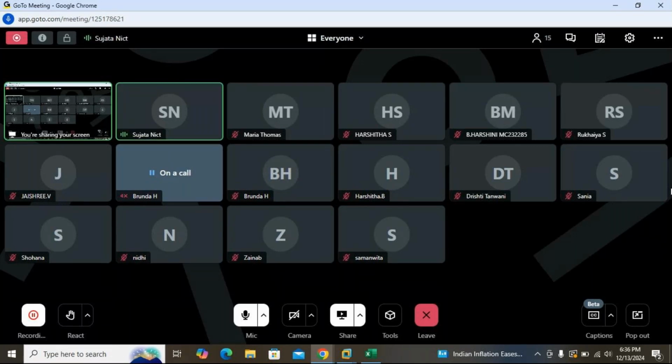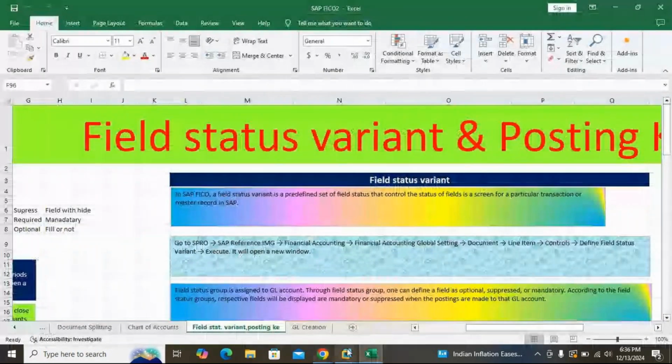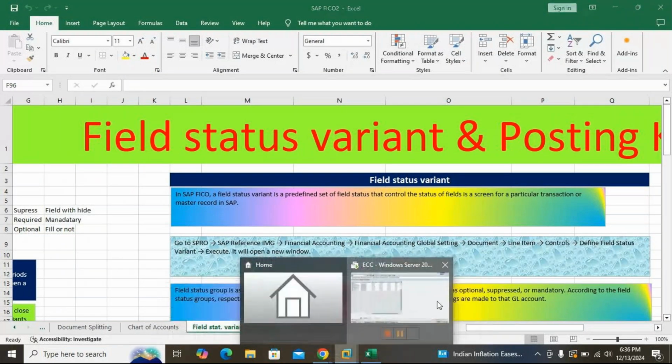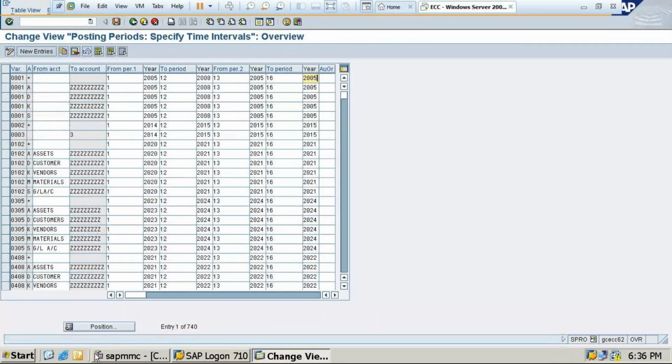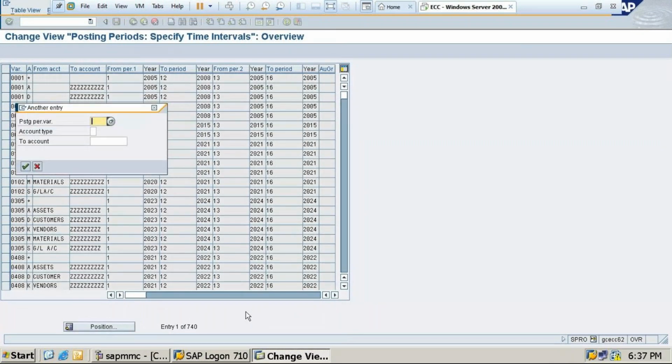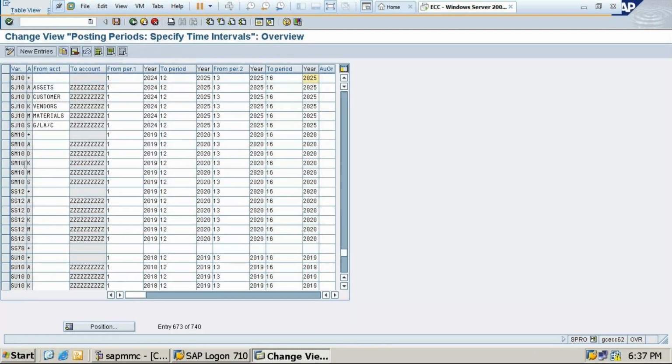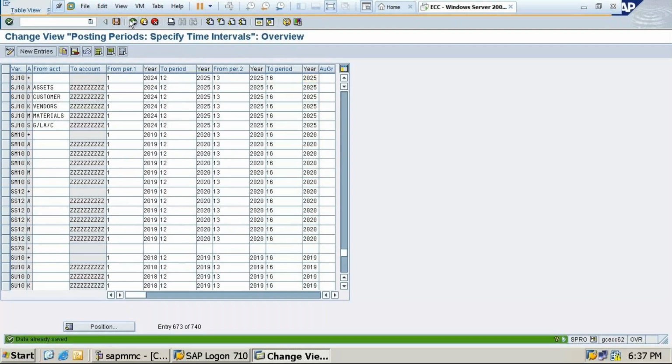So next is field status variant, which is the new topic. But what one more topics also we have done? Did you remember which topics we have done? Document number range, that also we have done. So we'll create that one. Then field status variant I'll show you. Okay, see this. After the save and back. Correct. So how to check? Have to click on position, give SJ110. What you have given, that you have to do. So you can see our all these things has been created. You can see on the screen. It is in the top. Back once.